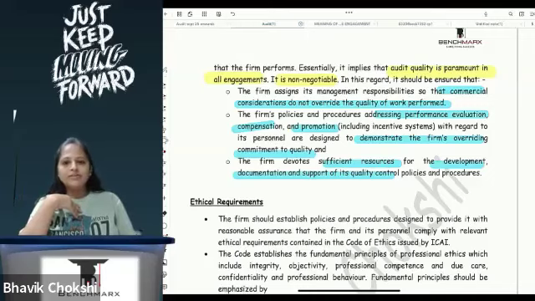a leader is that when I'm taking up any assignment, only because someone is giving me more money, and I know that he is not complying with certain rules and procedures, because he is paying more money, I tell him that okay, no problem, I will take your work. So your commercial consideration, the money that you're getting, should not override the quality of work performed.